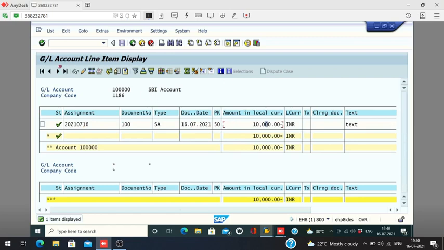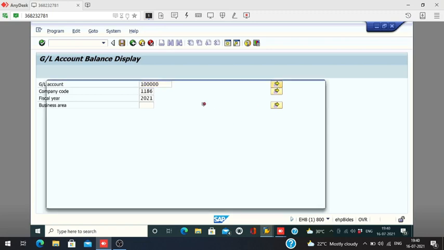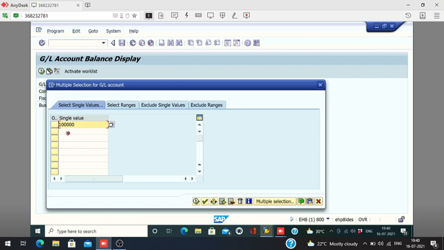Okay. If I go to balance sheet wise, the T code is FS10N. See, this GL account, I'm putting another GL account also here. Right. One is another is expense GL.